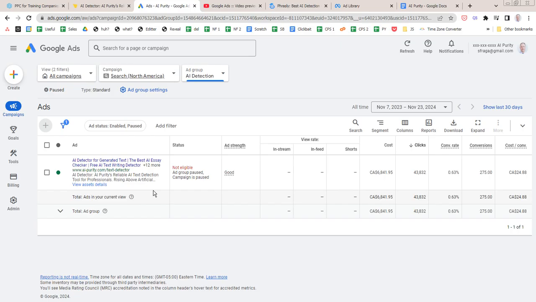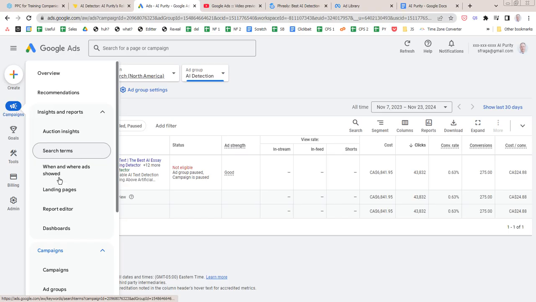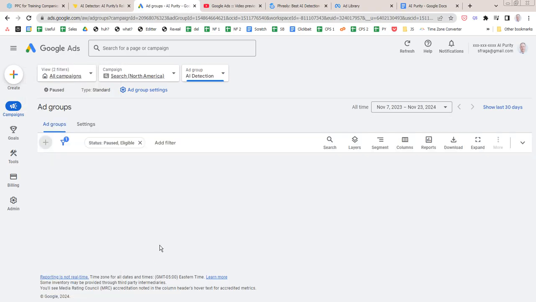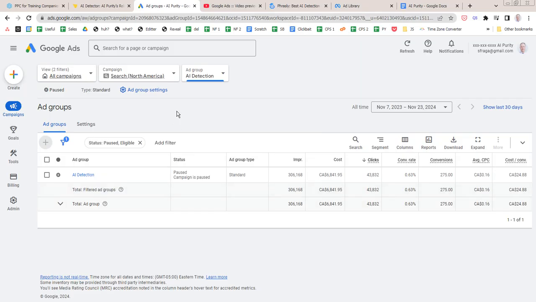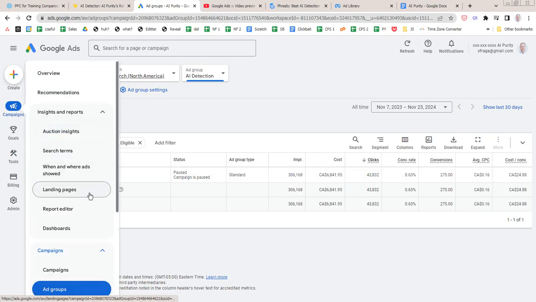And what else? Give me a second, I'm going to look at my notes. One landing page. Yeah, so I'd have multiple ads and multiple landing pages for different sales pitches. And then let me go back a level to the ad groups. So I noticed for this one, AI detection, there were no negative keywords set up. So look at keywords, I guess. Yeah, I guess we're on to keywords. Okay, never mind. Let me go straight to keywords.